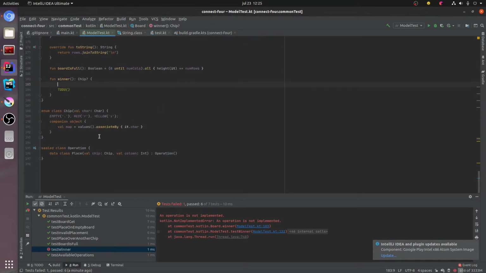So let's not optimize this, and let's make this simple. So let's iterate over a list of chips, chip red and chip yellow,